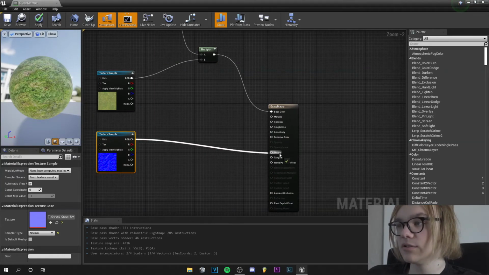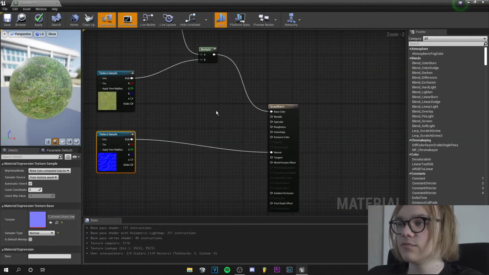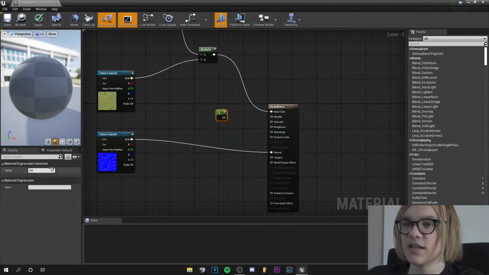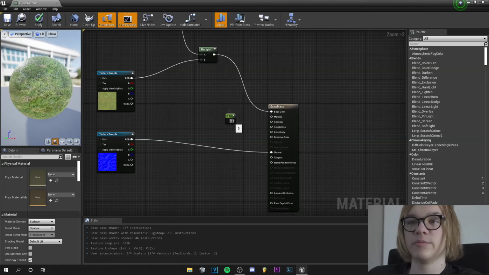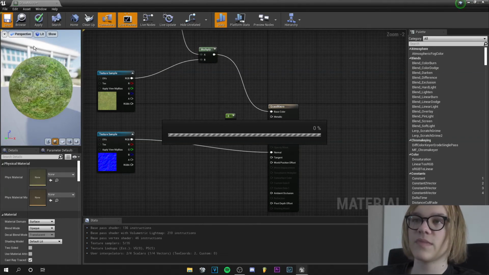Then the normal map goes into the normal map, and our material is a little bit shiny now, so I press 1 on the keyboard, left click, and I get this constant, and I will plug this pin into the specular and the shine is lost. Now we can save our